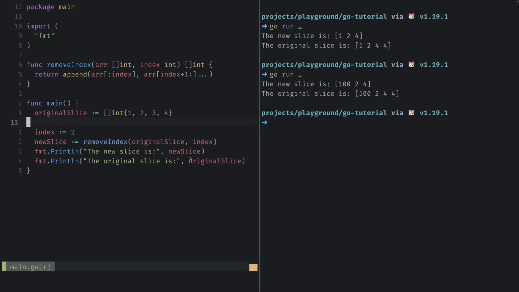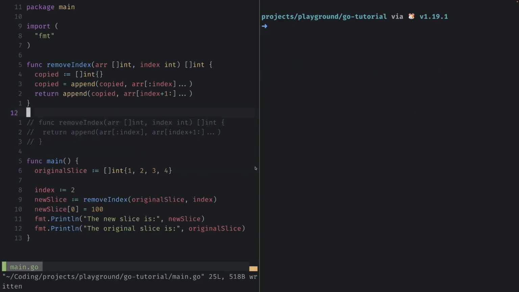What we want to do instead to preserve the original slice in order is we want to create a new slice and return that instead. So that will point to a new array underneath the hood. All right, so I've commented out the old function, and now I have the new remove index function. And essentially, we are creating a new slice, and to this empty slice, we are appending the left side of